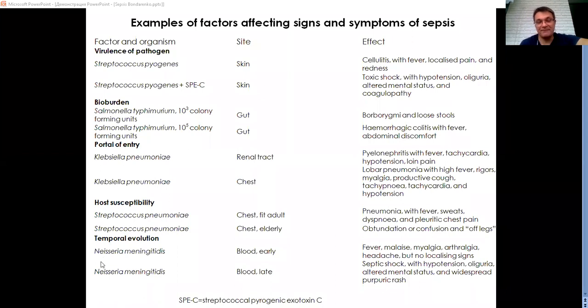Susceptibility to certain bacteria like Streptococcus pneumoniae also may demonstrate a certain sensitivity to the development of the septic condition. And the temporal evolution of bacteria like Neisseria meningitidis may also lead to the development of certain forms of